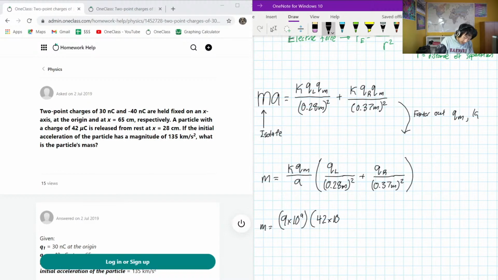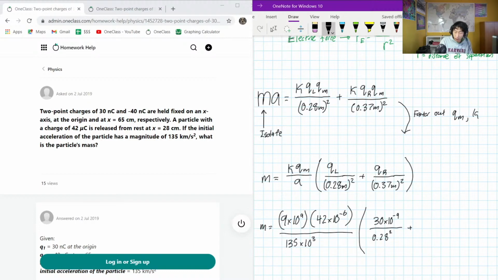42 times 10 to the negative 6 all over our acceleration, and our acceleration is 135 times 10 to the 3 meters per second squared. I'm not going to write the units because, well, it gets quite long. Our left charge is 30 times 10 to the negative 9 over 0.28 squared